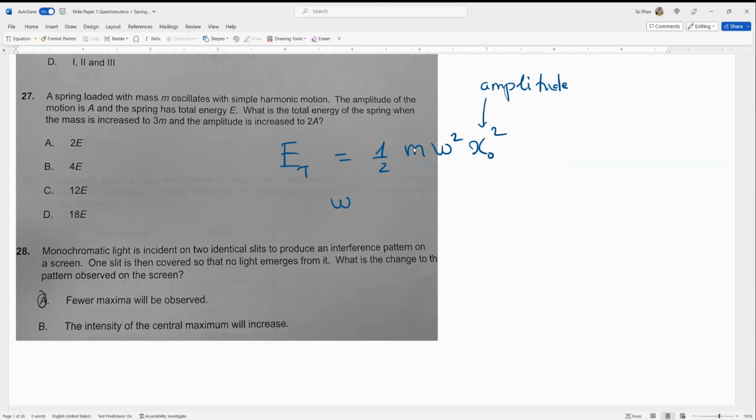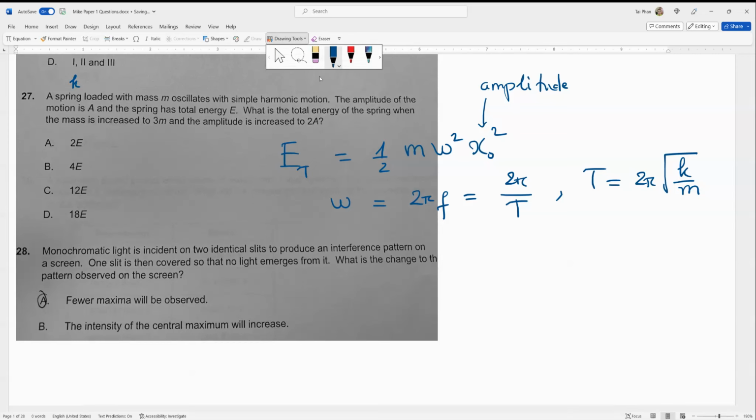angular frequency, and it is equal to 2 pi f, or 2 pi over the period, in which the period of the oscillation of this spring oscillator, the period is 2 pi square root of k over m, where k here is the spring constant k, okay, the mass m. Now we